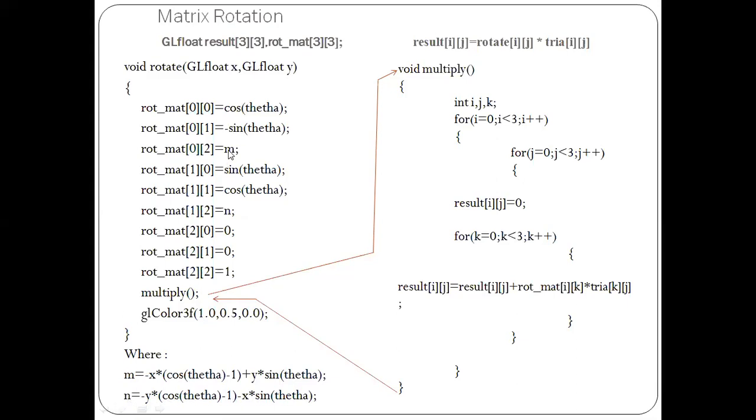So what happens to my m and n? M and n become 0, 0. So this becomes the rotation matrix for rotating at the origin: cos theta, minus sin theta, 0, sin theta, cos theta, 0, 0, 0, 1. So now I got the rotation matrix for rotating at the origin. Okay, then